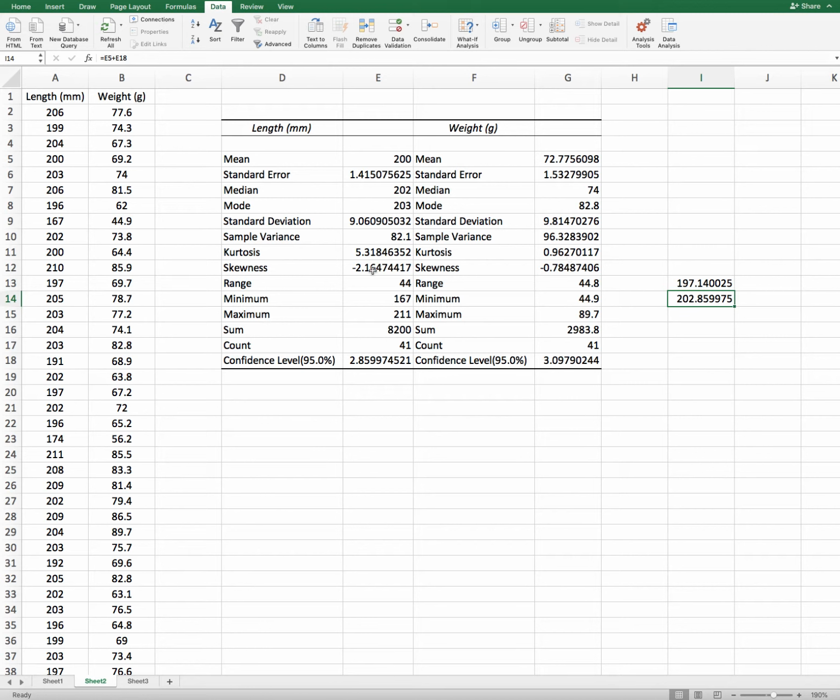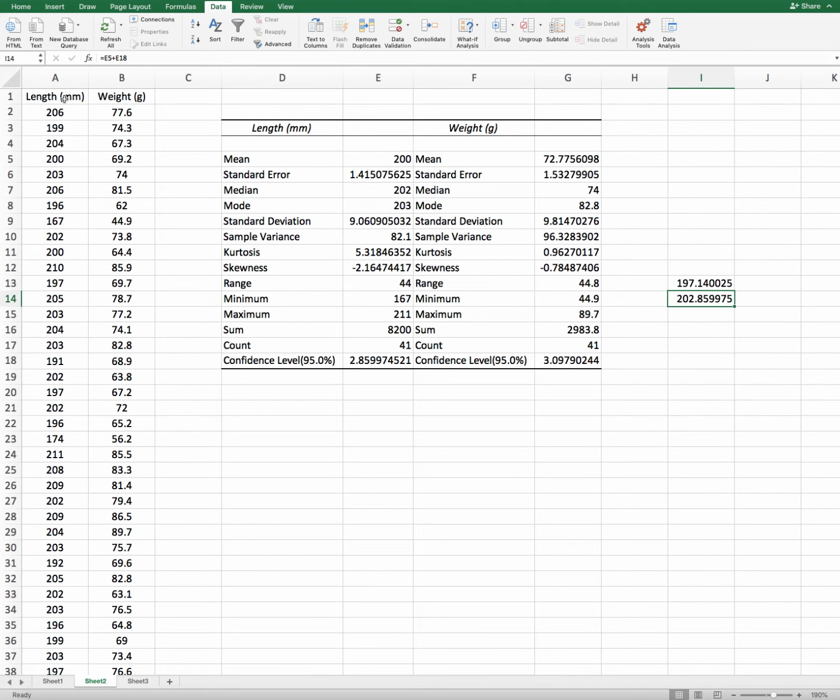So you can say that the weight data is normally distributed. And in the case of skewness, you see a negative value, negative 2.1, which means less than -1. So it's basically a left, negative skew. You will find the left tail, so that's negatively skewed, and that is highly negatively skewed. On the other hand, the weight is also negative, but it's not highly, it's moderately negatively skewed. Okay, so we will see how these two data sets are distributed.